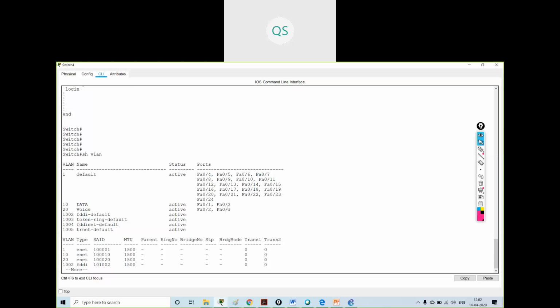If you want to assign the voice traffic as sensitive or business related traffic, that it should not get dropped, then you configure these MLS QoS configurations. Yes, just to prioritize voice traffic, so that it should not get dropped. Okay, sir.